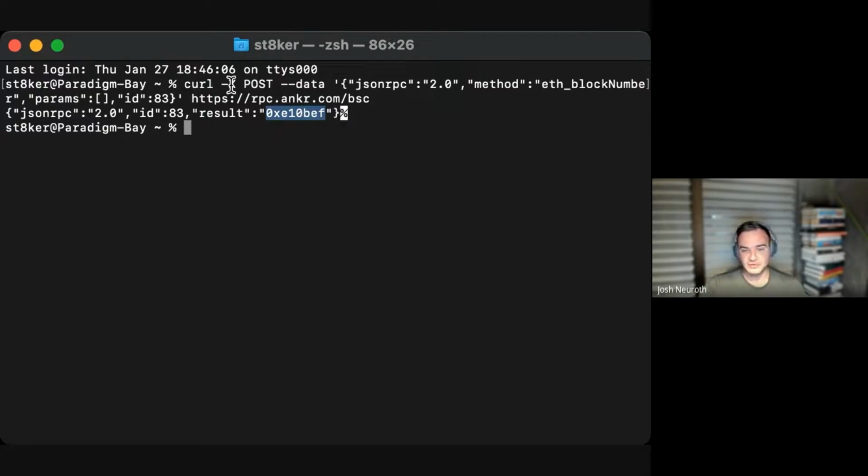If you're not a DevOps person or a developer, you can go out and try some of these and start playing around with it. Or if you are a developer, you probably already know how to curl things and how to start integrating Web3.js or whatever. So that's a little bit on multi-chain infrastructure.